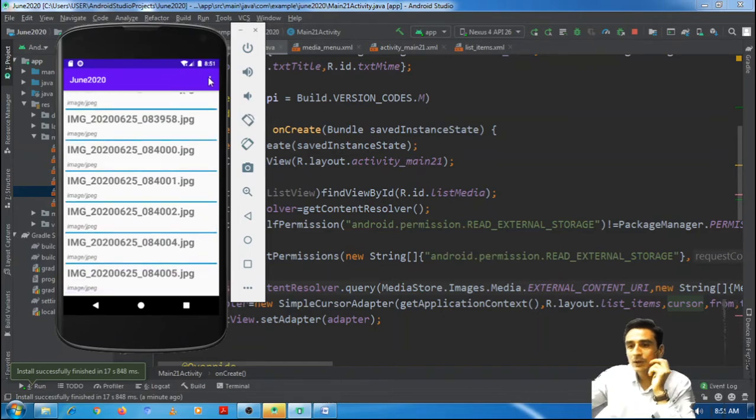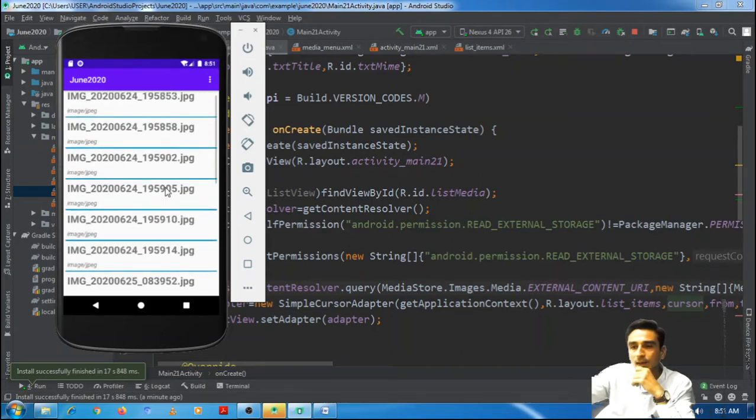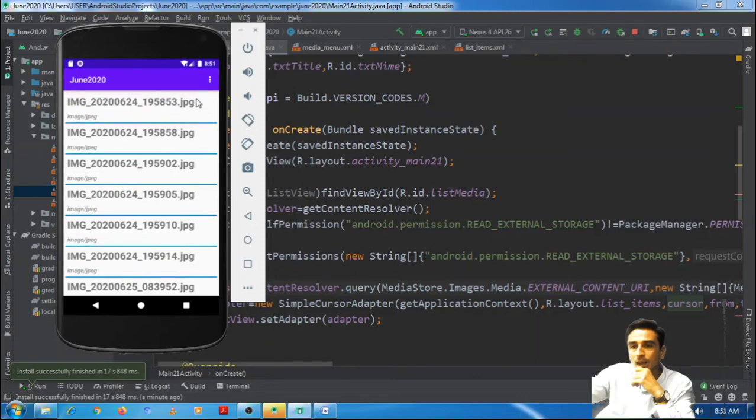Let me change the order, descending. 853, 858, ascending.